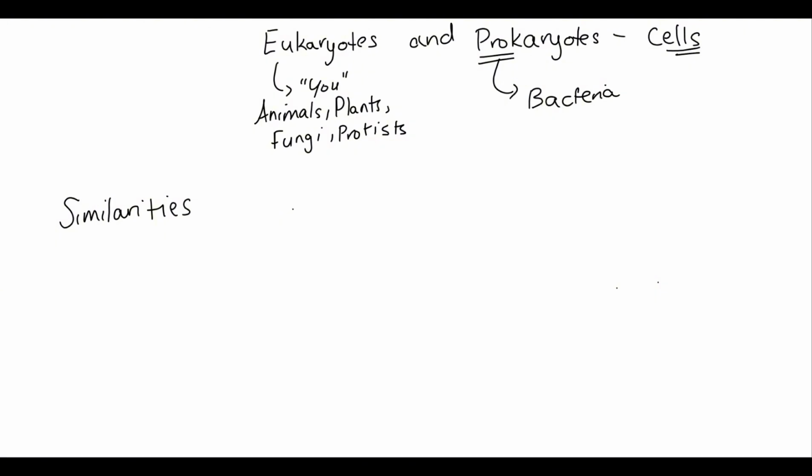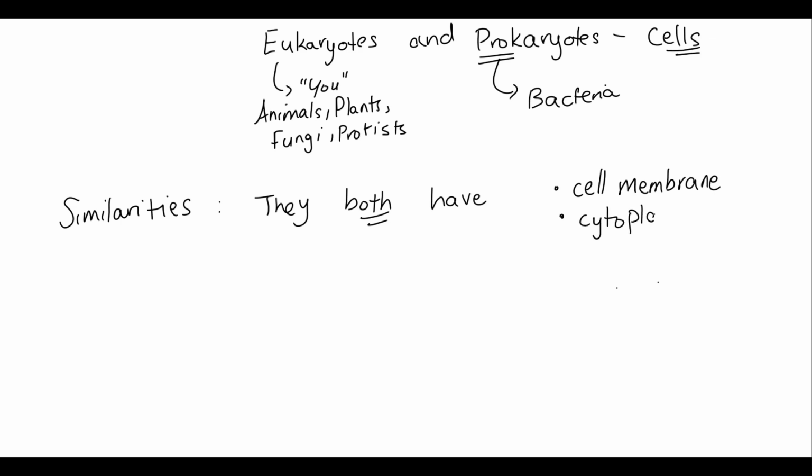eukaryotes and prokaryotes, so your animal cells and your bacteria cells, they both have a cell membrane, cytoplasm, and ribosomes. They also have genetic material, which is like your DNA. However, the differences